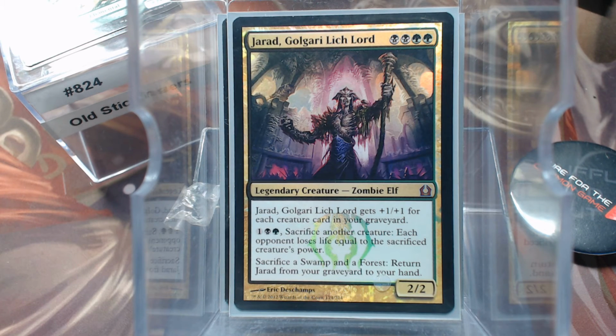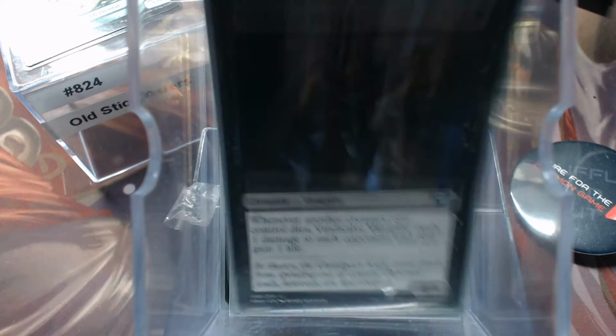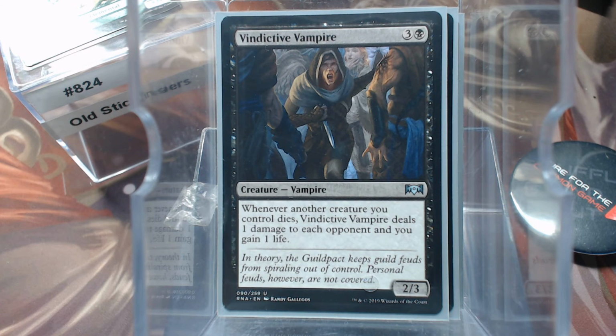Gerrard kind of does the same thing. He gets +1 for each creature in the yard. And that sack ability is pretty neat. And the ability to get him back late game, it's not bad either. The Vindictive Vampire,